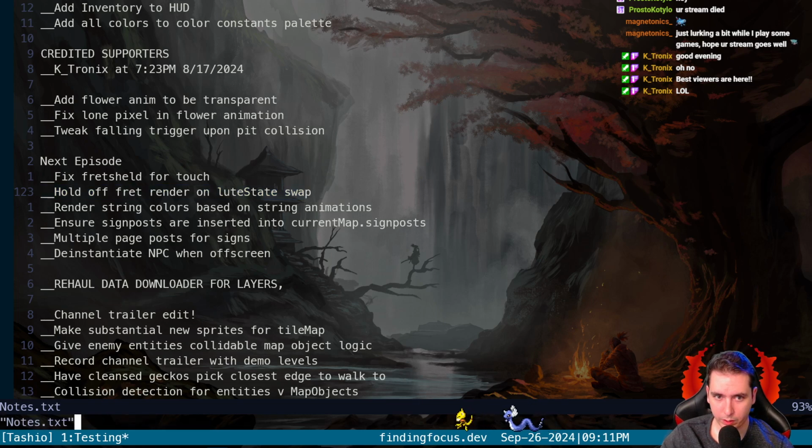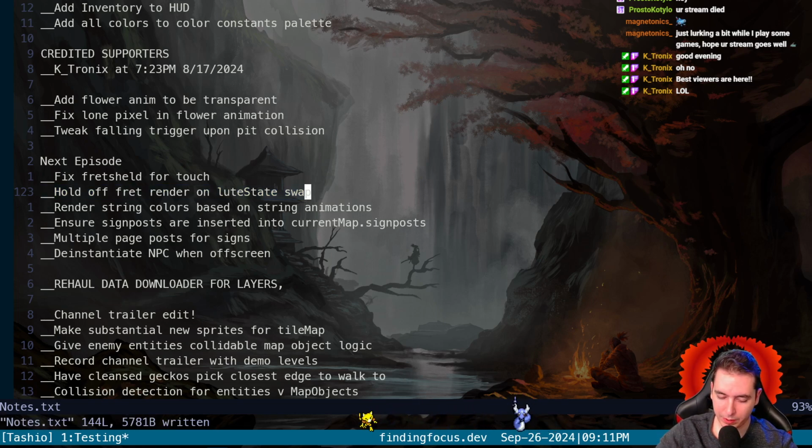Hold off fret render on Lute state swap because the B button is the button to switch to Lute state, and the B button once in Lute state is also triggering the frets held.